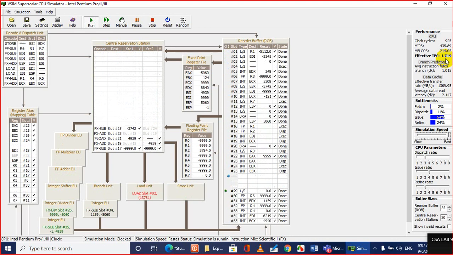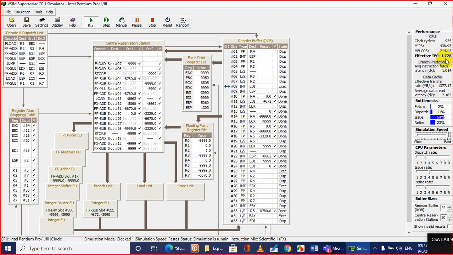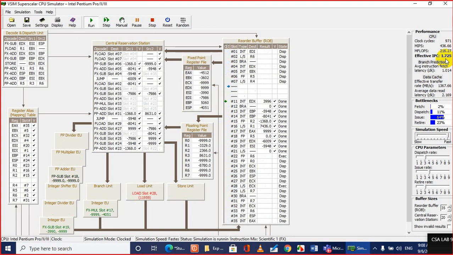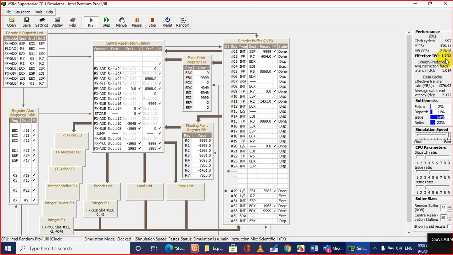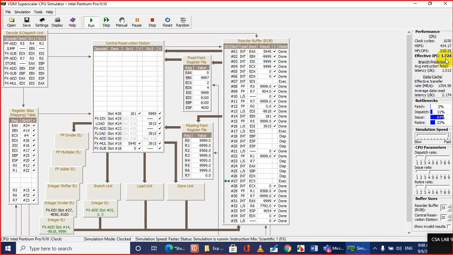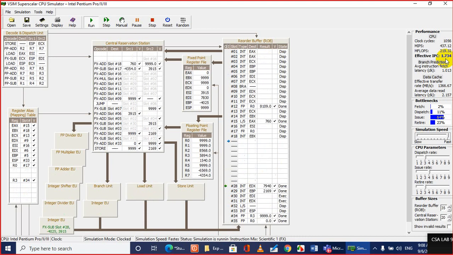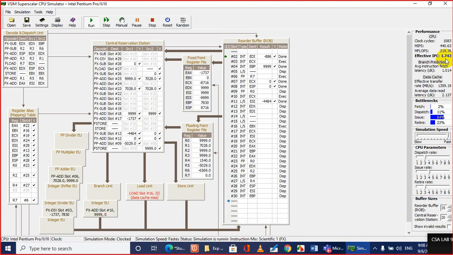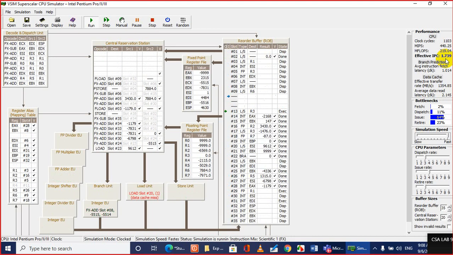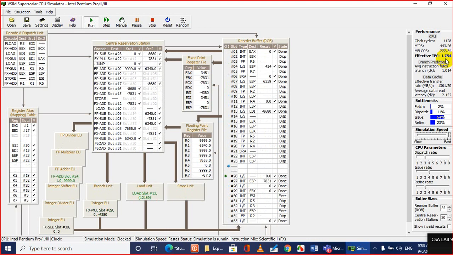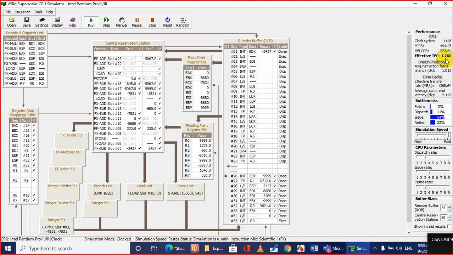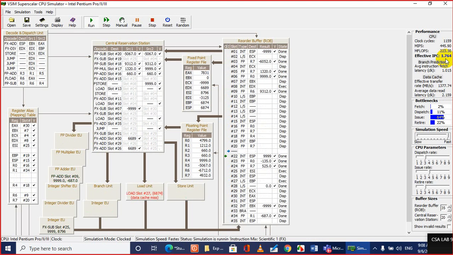And still we are not getting a higher value than the previous one. We need to note it down: at this data cache hit rate of 73%, it is not improving the CPU performance.